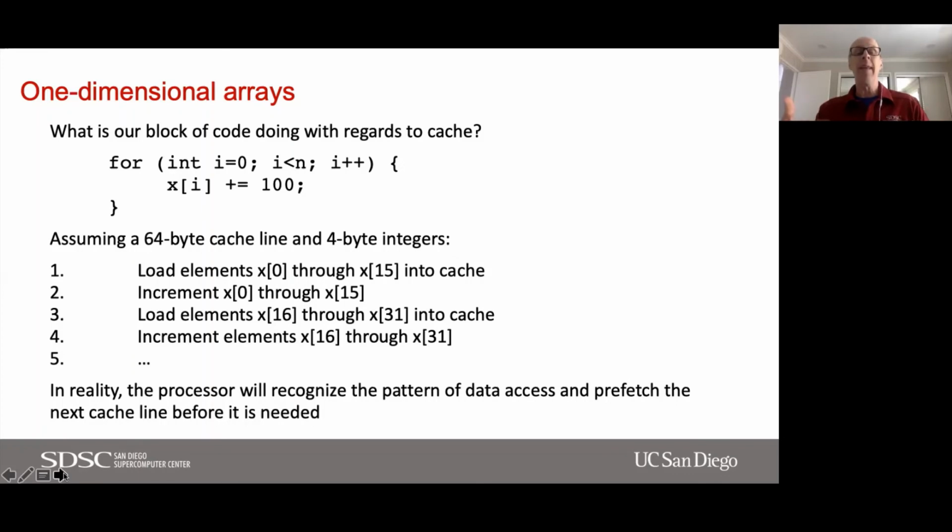Then I'm going to load the next 16 elements, 16 through 31, into cache, and then I'll increment those elements. But processor designers are really, really clever. So that I don't necessarily have to wait for that data, processors can recognize the pattern of data access and prefetch the next cache line before it's needed.